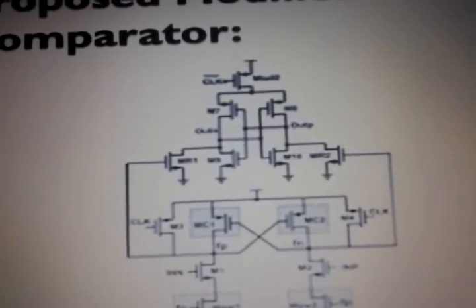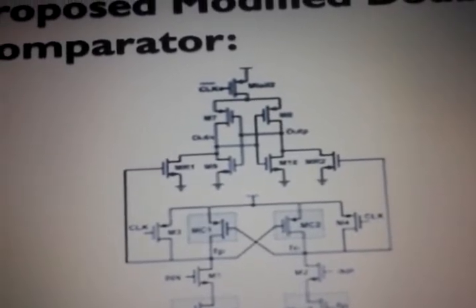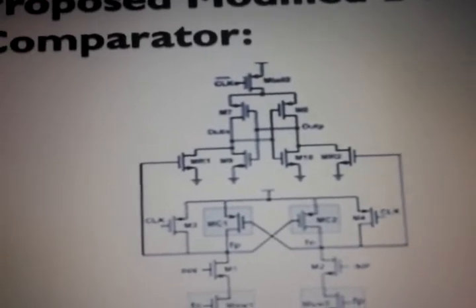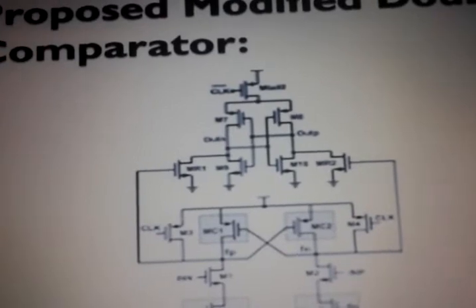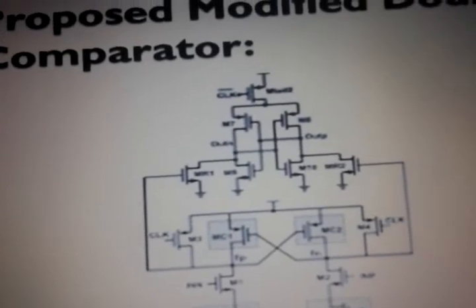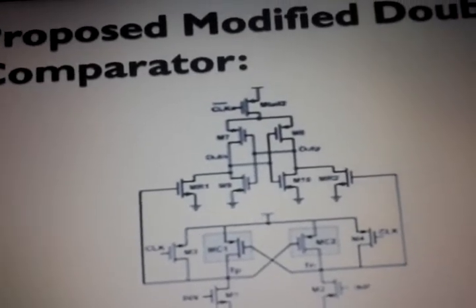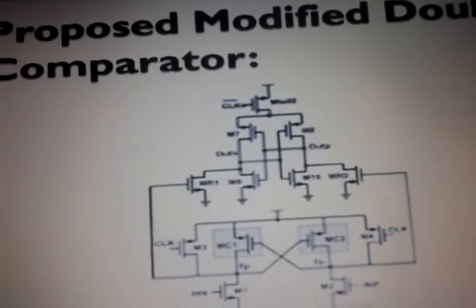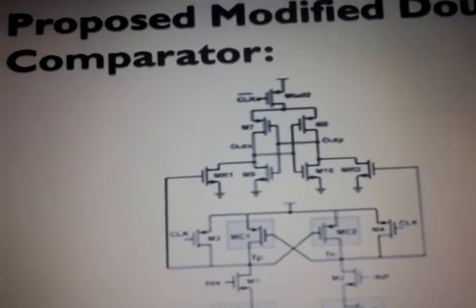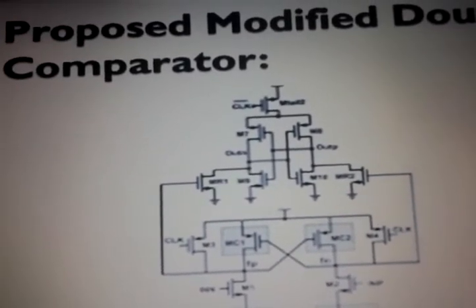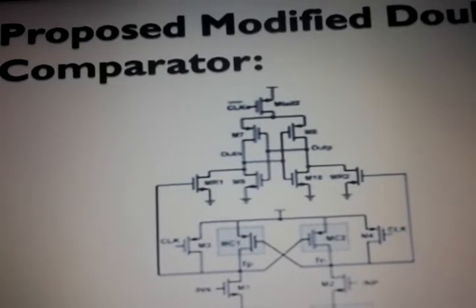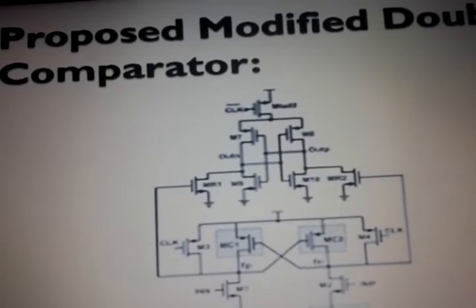In other words, unlike the conventional dynamic comparator in which the difference between Fn and Fp is just a function of the input transistor transconductance and input voltage difference, in the proposed structure, as soon as the comparator detects that, for instance, node Fn discharges faster, PMOS transistor MC1 turns on, pulling the other node Fp back to VDD. Therefore, as time passes, the difference between Fn and Fp increases in an exponential manner, leading to a reduction of latch regeneration time.